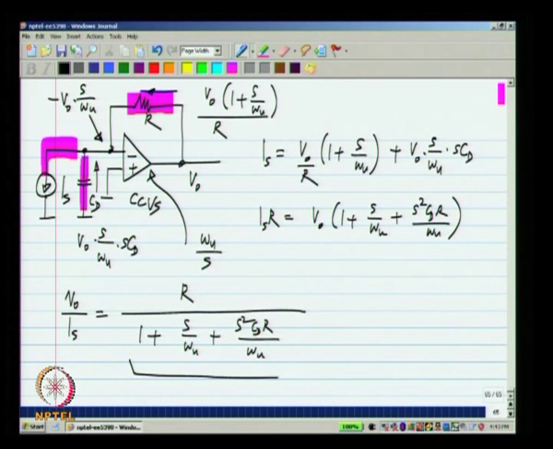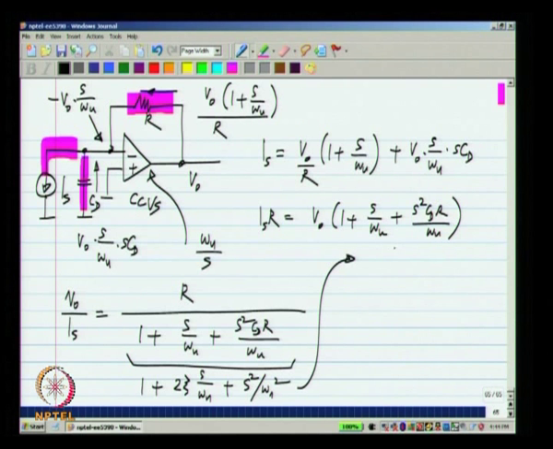Okay. This is a second order system. We know that the standard form is... okay. So, this is the damping factor. Alternatively, we can represent it as a quality factor. It will be 1 plus s by Q omega n plus s square by omega n square. Okay. The damping factor and quality factor are alternative ways of representing the same second order function, whether it is critically damped, over damped or under damped.